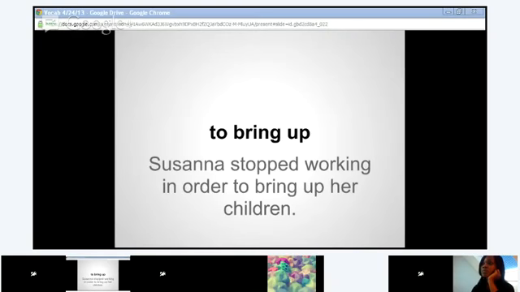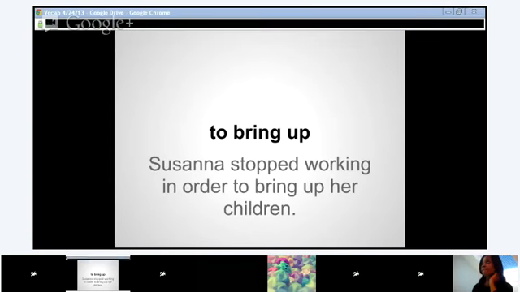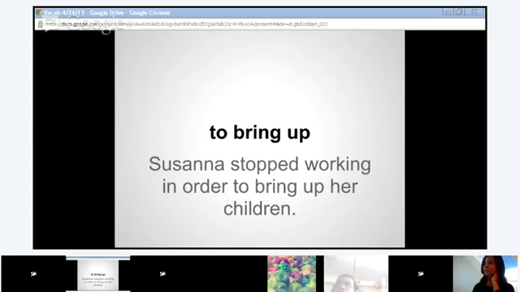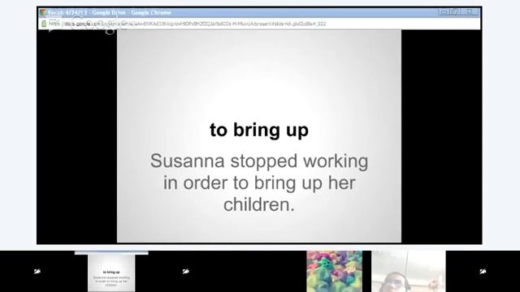To raise. I didn't understand. To raise. Right, to raise. And I'll write that in the chat, to raise. To bring up or to raise. To grow up. Right, more or less, when you're taking care of a child while they're growing up. That's what it means to raise them. So most people, we could say, are brought up by their parents. Sometimes people are brought up by their grandparents or by an aunt or an uncle. So it's what it means to take care of a child as they're getting older.